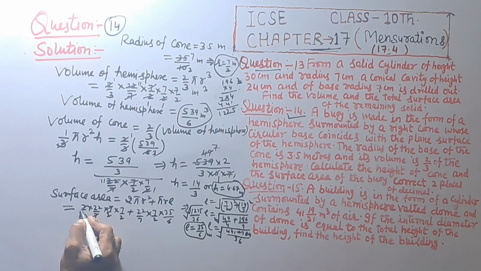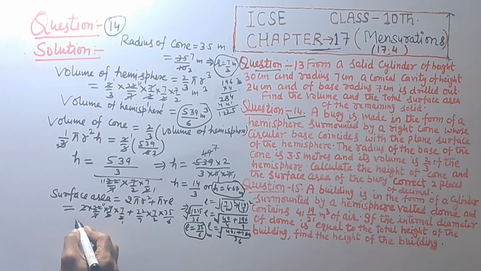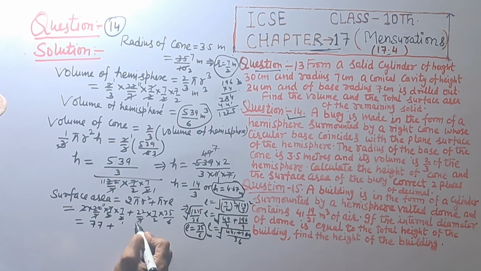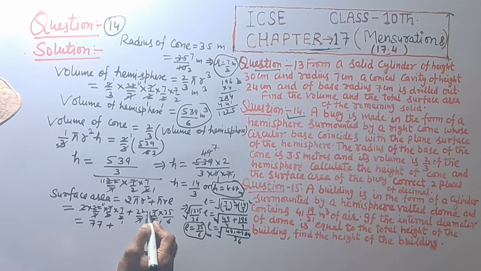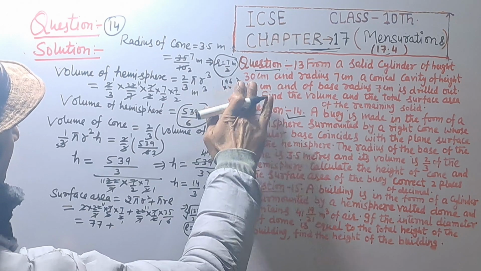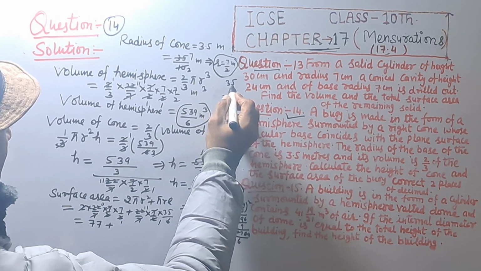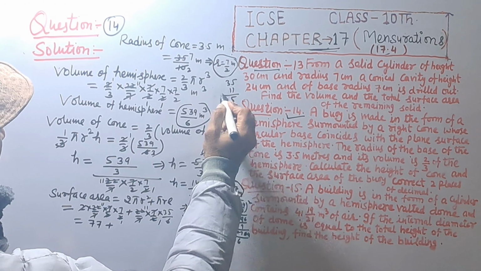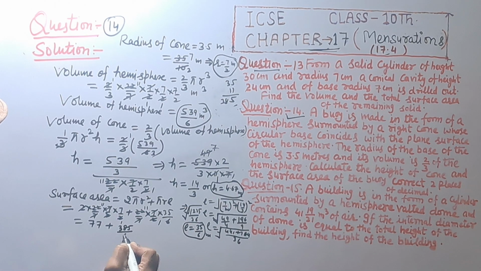This is cancel and this will be cancel. 11 2 1 are 2, 11 2 are 22, and we get 77 plus 7 7 is cancel, and 2 1 are 2, 11 2 are 22. 35 into 11, 11 5s are 55, 11 3s are 33, 33 plus 5, that is 38. We get 385 upon 6,